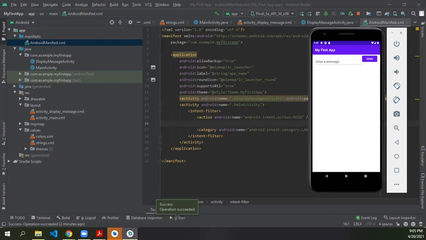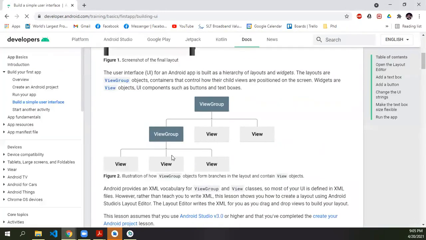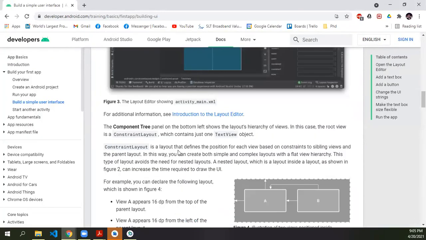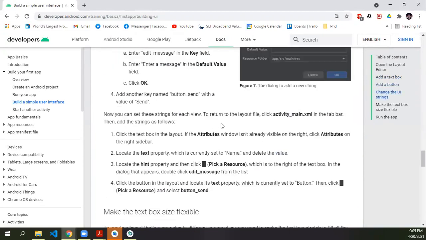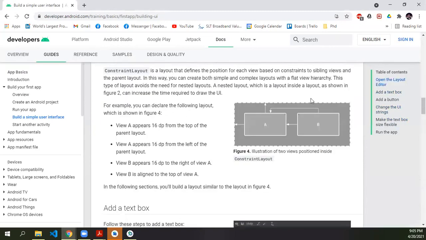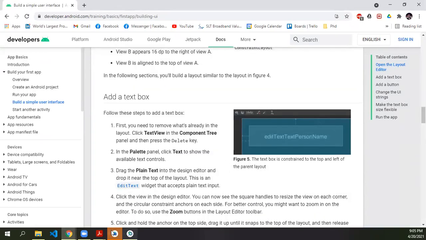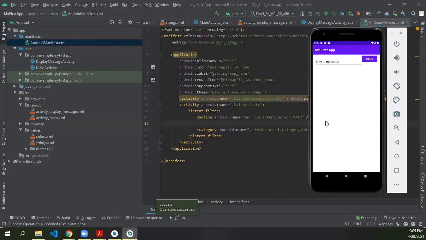So try to create your own application and try to follow this tutorial. If you sign in, then you can get a badge as well, when you finish doing this. So that is your first Android application. So then I think